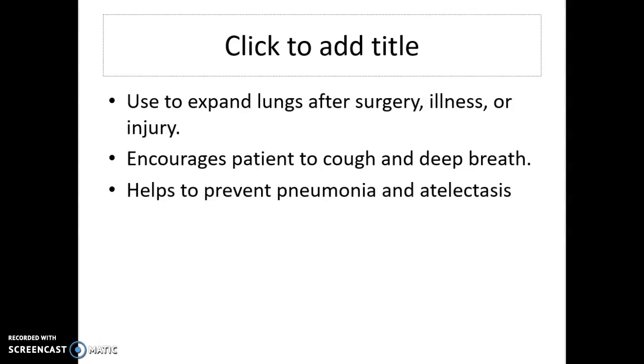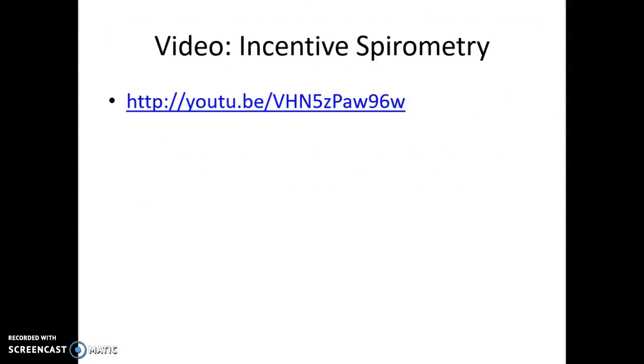And atelectasis is when the lungs become sticky and they stick together. It's kind of like they're collapsing from that sticky mucus in there. So if we see somebody has an incentive spirometer, we want to encourage them to use